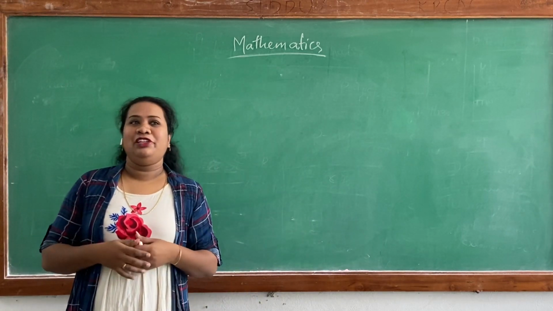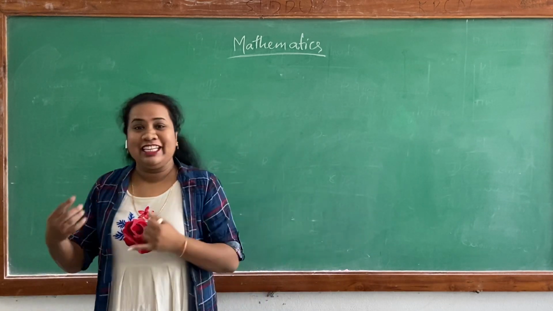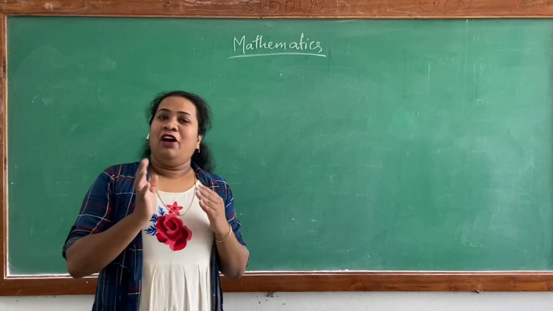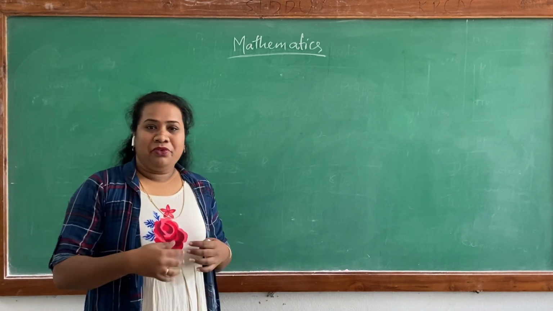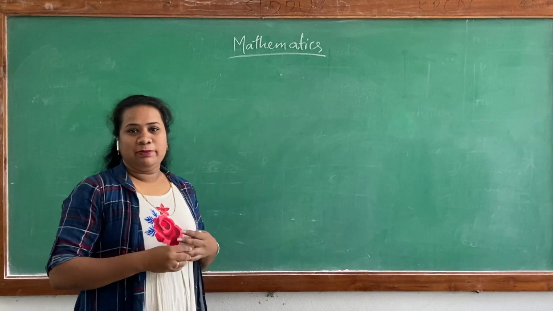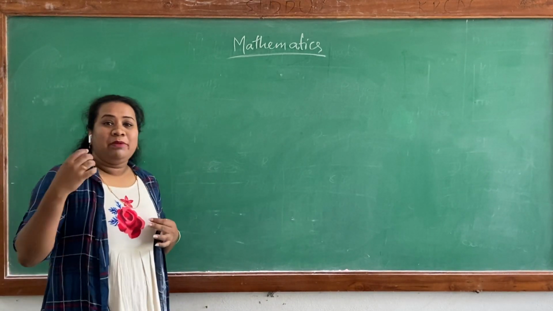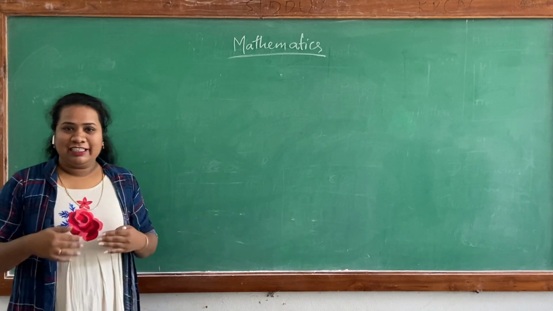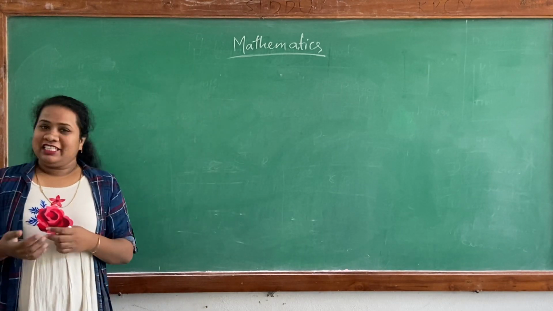If we take linear algebra, my students know what is a vector space, what is a subspace, what is an intersection, what is a union, everything. All the definitions, they know how they are proved, how a vector space is proved, how a subspace is proved, everything they know how to solve. But when it comes to a theorem like: if V is a vector space and H and K are subspaces of V, prove that H intersection K is a subspace.